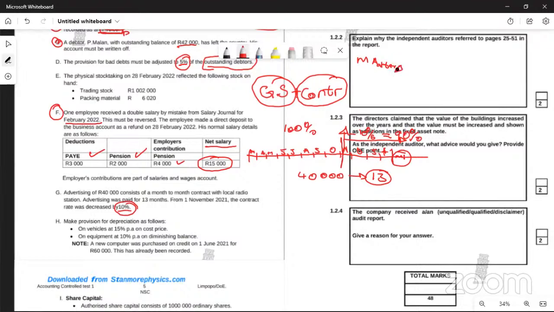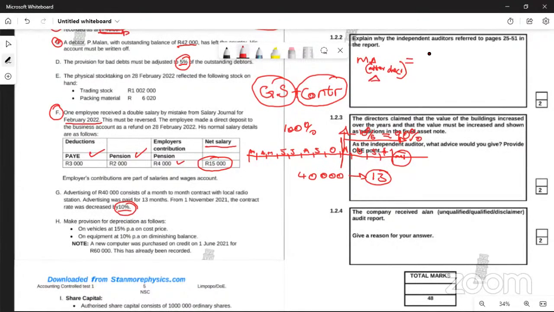You must write it in full: monthly advertisement after change is equal to